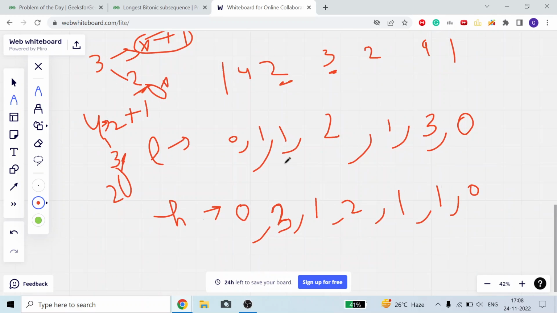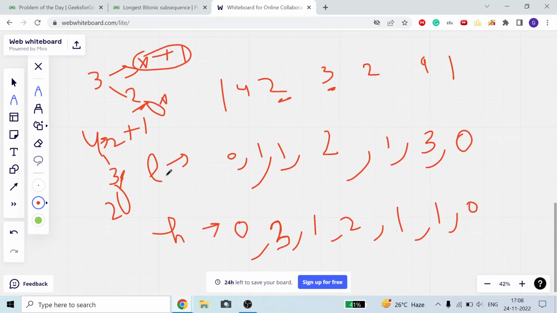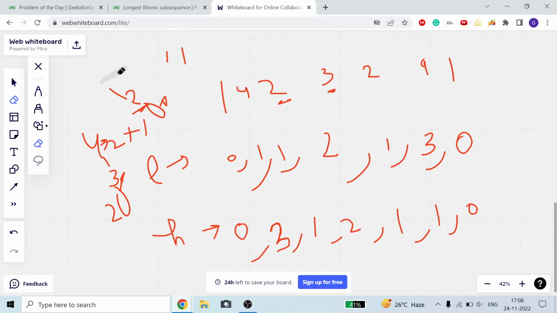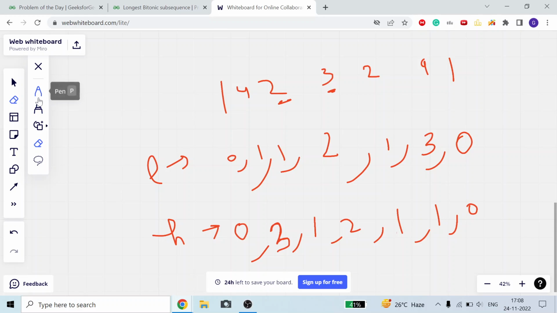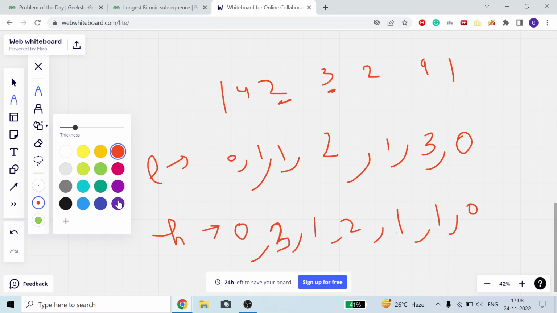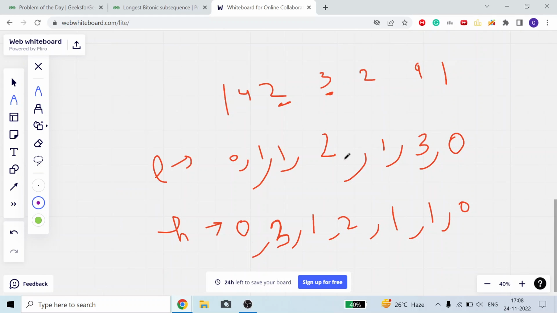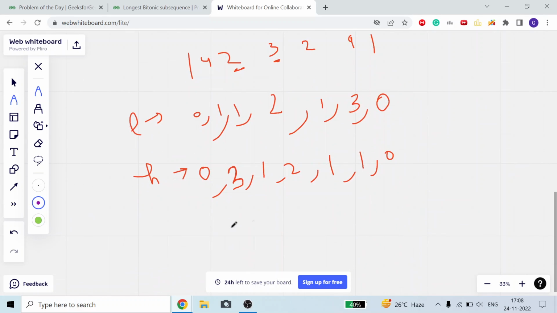Okay guys, now how will I calculate my answer? That's the main issue. I will calculate L and H, but how will I calculate my answer? That's very simple. Now just give a look at it. What is my answer? We will check for each index i.